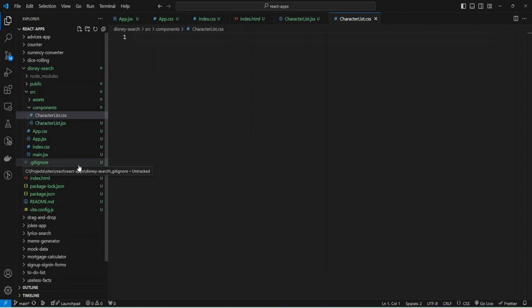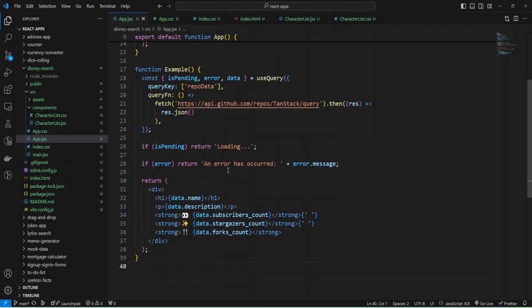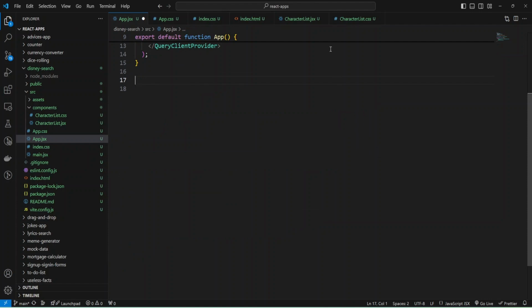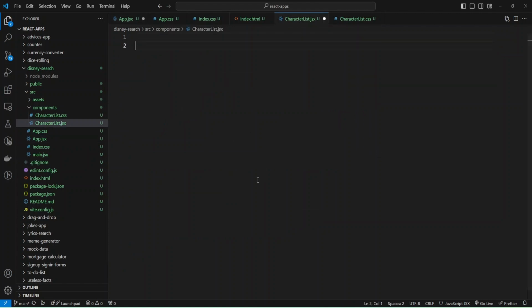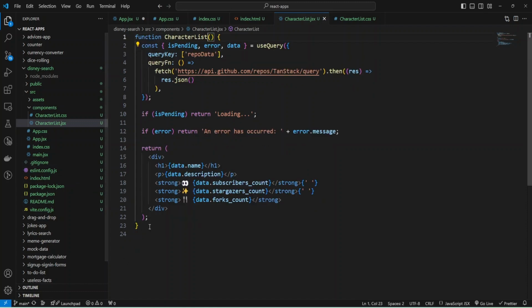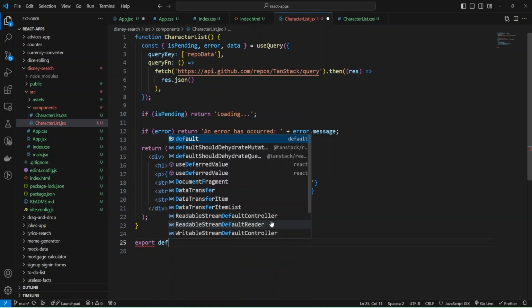Okay, and now I'm going to cut this example from App.jsx and paste it into my CharacterList and change the name to CharacterList and export. I'm going to export as default